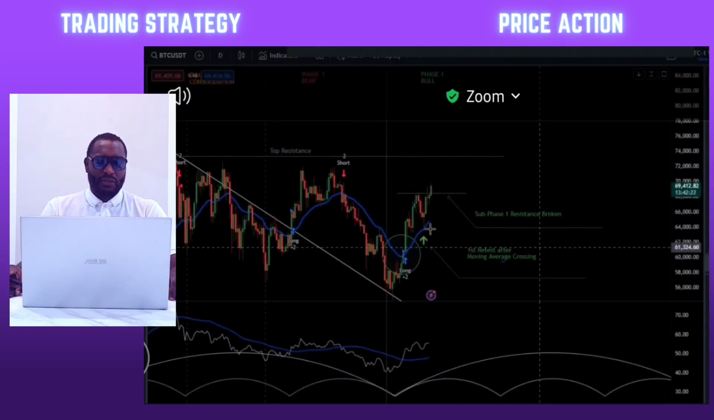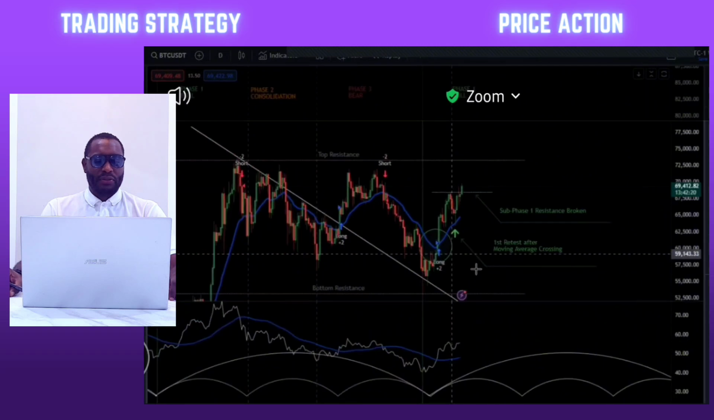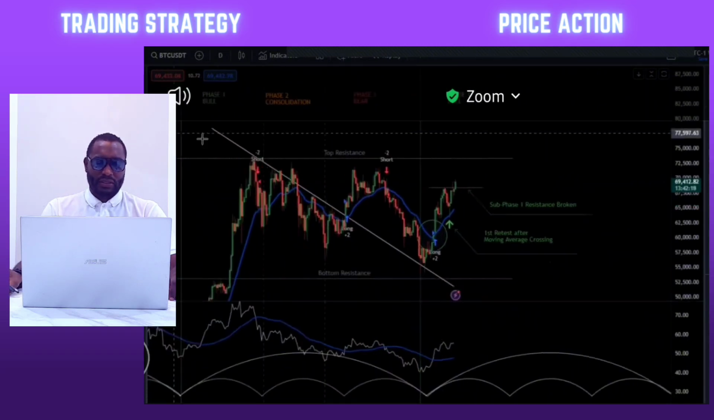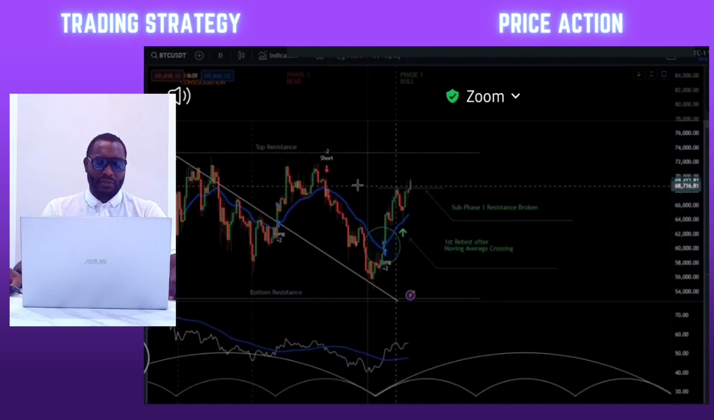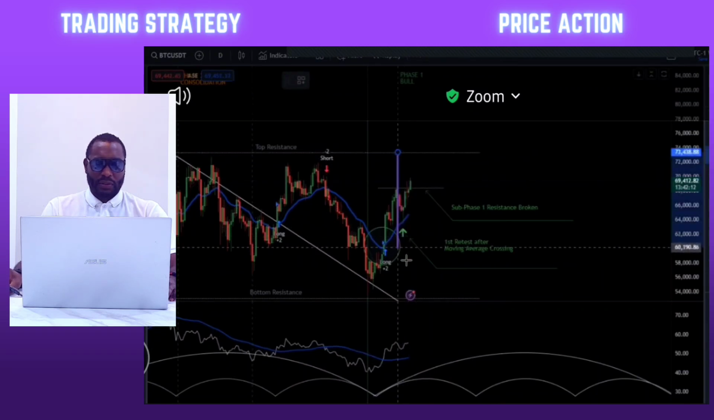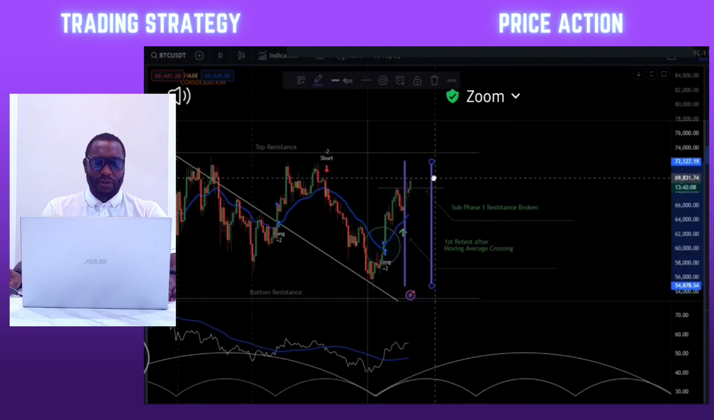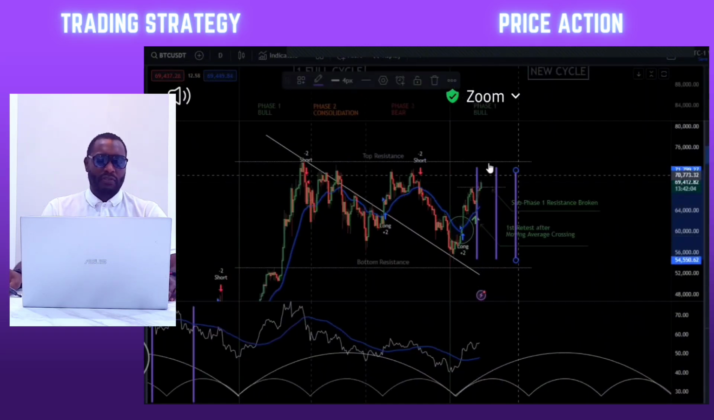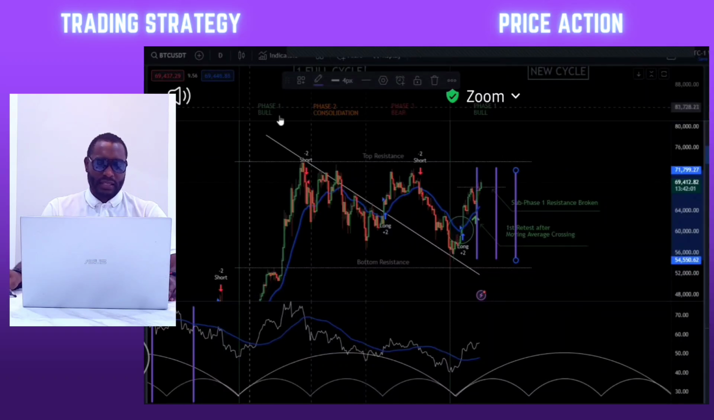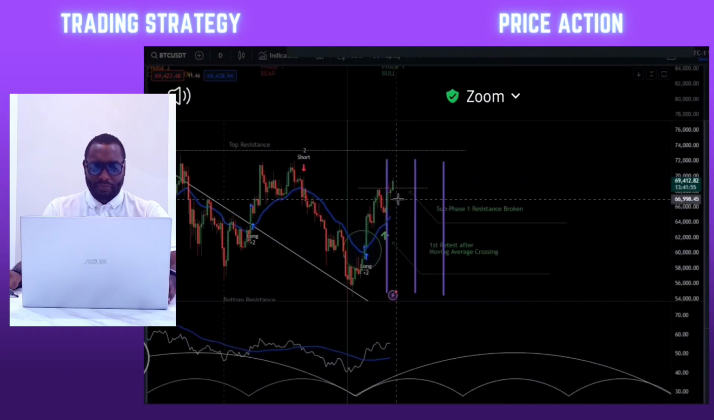Now, what we have is a sort of sub-cycle of phase one. So again, I would consider this part one, and then we're going into part two, and then we're going to go to part three, right? And these three will make up a full phase. So these are like sub-phases within the major bull run. All right, so with that being said,